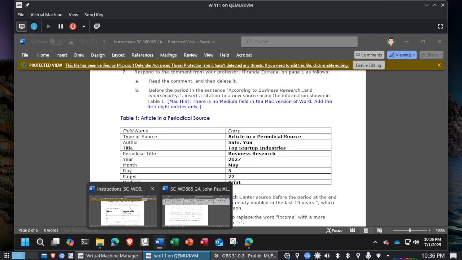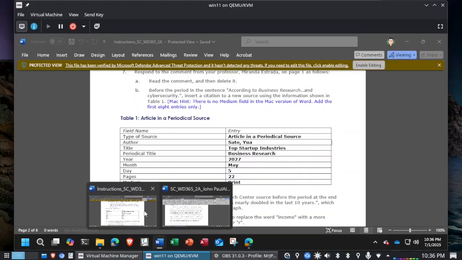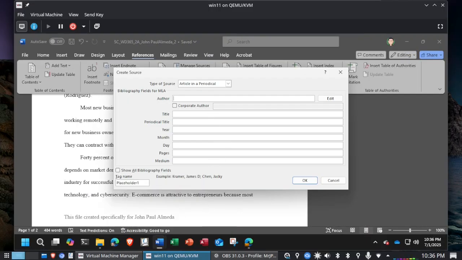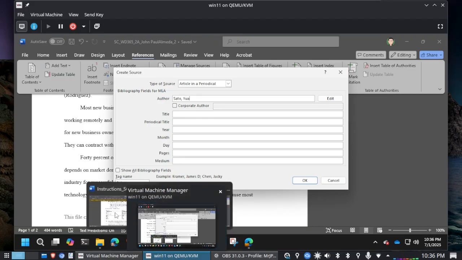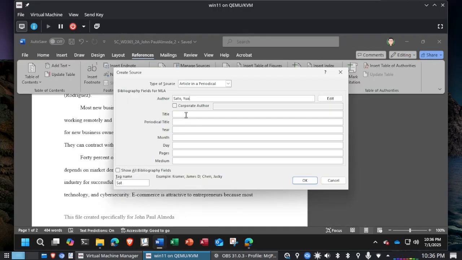Type of source, article in a periodical. So type of source, and it's already set to article in a periodical. Say that fast 5 times. And let's go ahead and start plugging in the information here. So the author is going to be Sato Yua, Sato, comma, space, Yua, and then title, Top Startup